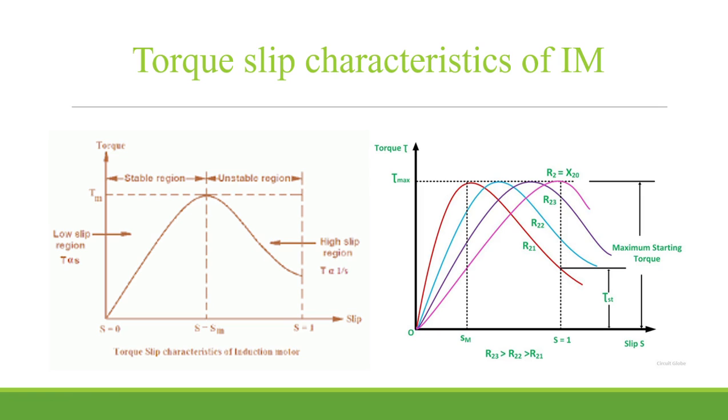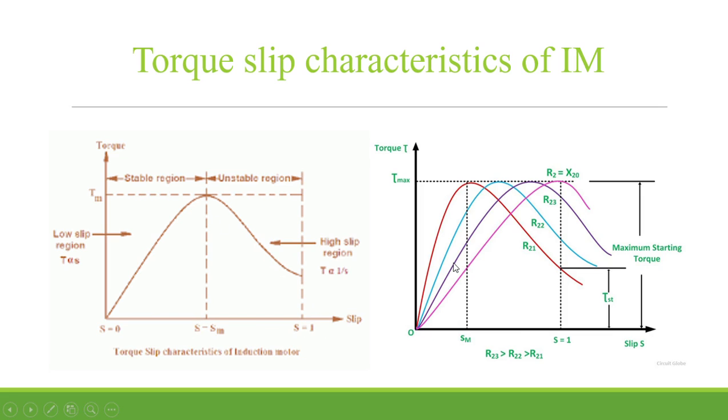The rotor is at standstill, which means we are supposed to start the rotor. So this intercept on the y-axis is the starting torque. We have some starting torque for a three-phase induction motor. That's why a three-phase induction motor is called a self-starting machine, because initially it has some starting torque. So this is how the torque and slip curve looks at low, medium and high slip regions.